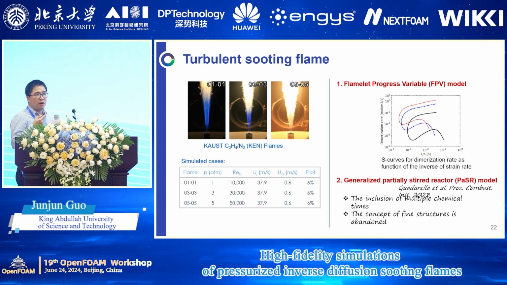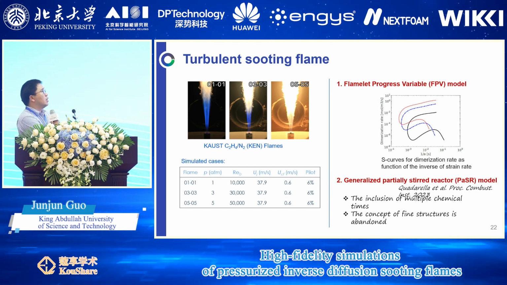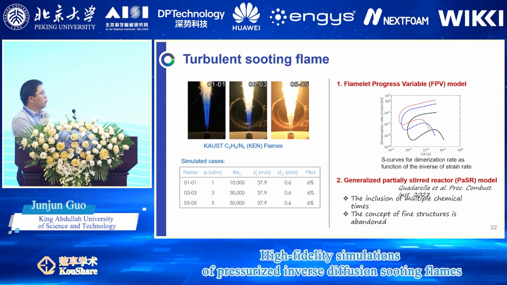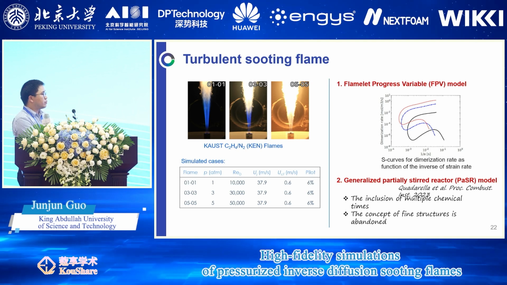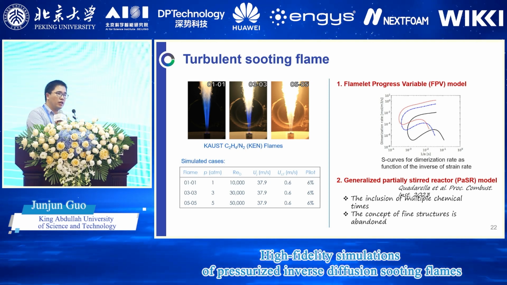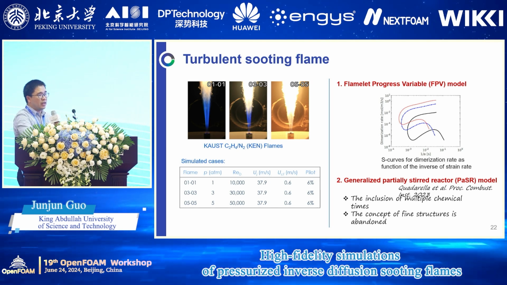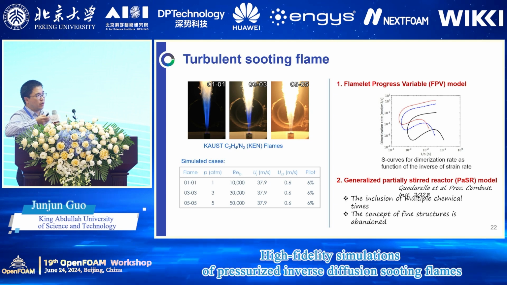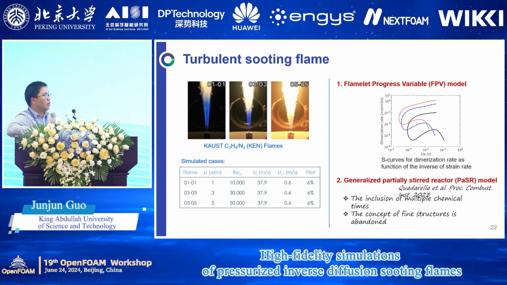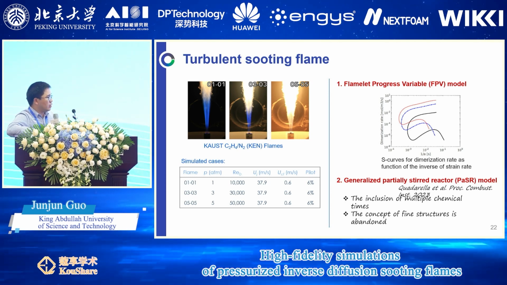So the above results all come from the laminar case. Recently, we're also doing the turbulent sooting flame, but so far we still focus on the normal co-flow flame, where the fuel is from the center, because we didn't find an inverse co-flow flame experiment. In that flame you will have a lot of fuel, a lot of oxidizer, and a lot of pollutant emissions, so it's very challenging for the experiment. Here we are also trying to look at the pressure effects.